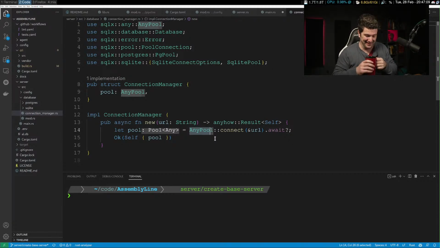But it's not really documented. Not in their readmes and stuff. It's documented in the code, but how to use it isn't really documented.